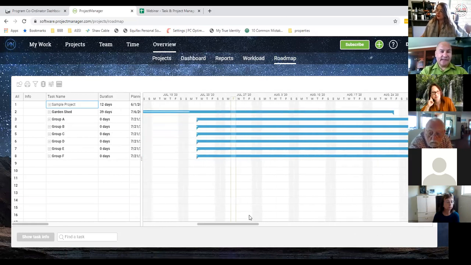So a lot of the times what I see is if there's no roadmap and you get a call from sales saying, hey, I want you to install a pool or build 3 garden sheds, you want to be able to come to a tool and say, well, just a second, I need to look at the resource allocation. I need to see where I can effectively fit it in. I can reprioritize accordingly. And because in projectmanager.com you can link project to project and task to task, you can identify by putting in a specific project what the impact's going to be overall to your company. Okay, so that's the roadmap element there.